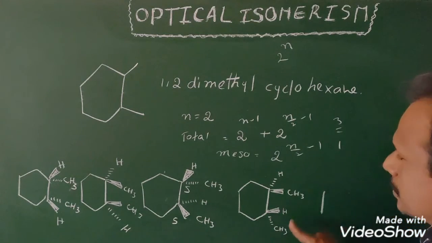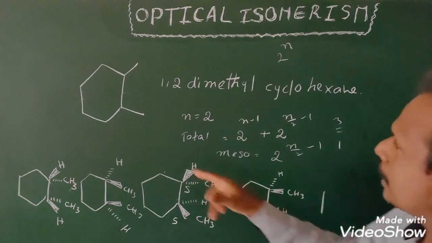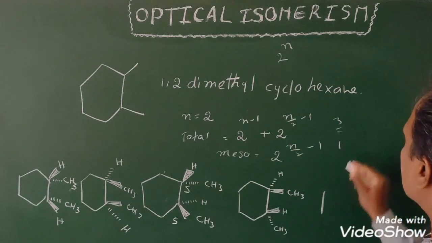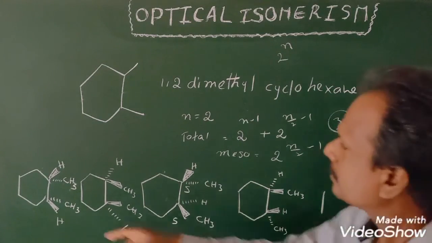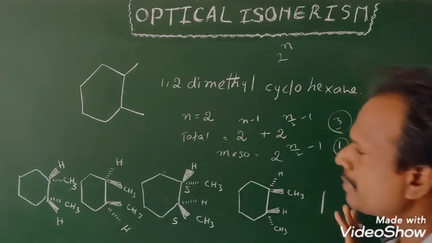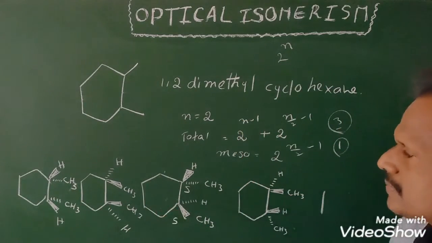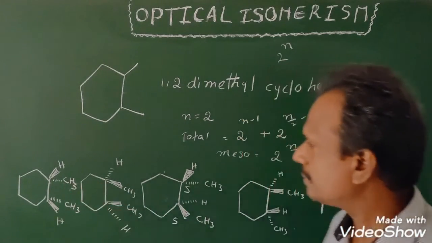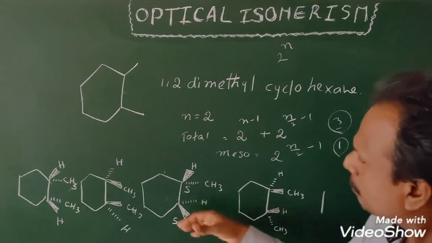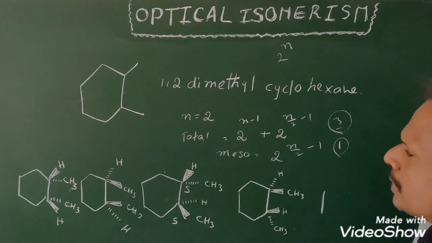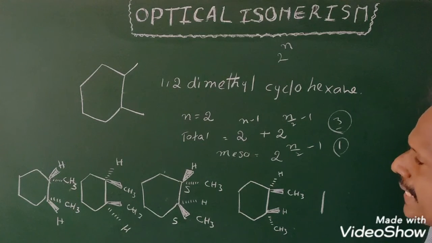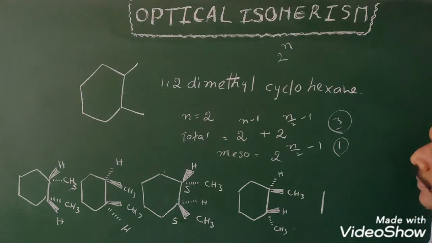that means according to formula only 3 isomers are possible. Among the 3, one is meso compound, but 4 structures are obtained. That means among the 4 structures, 2 are identical, and also one isomer is meso. How can I identify the identicals and meso compound? By using CIP rules.